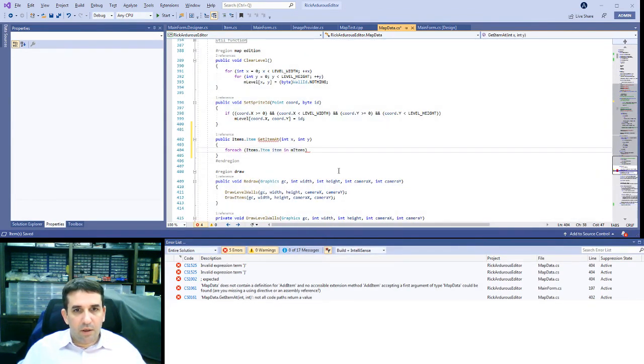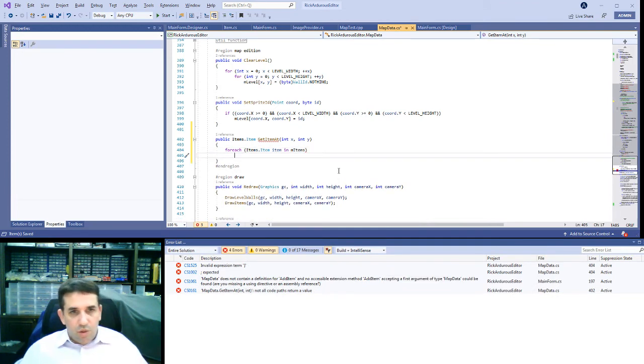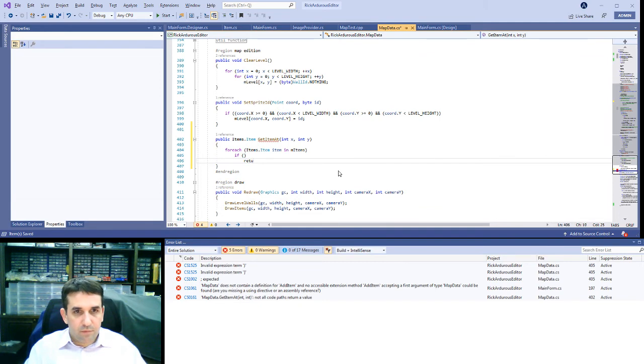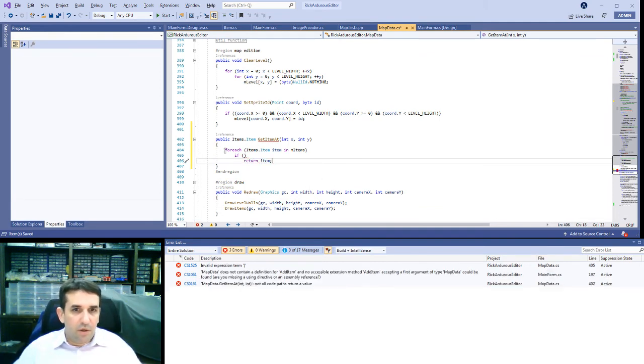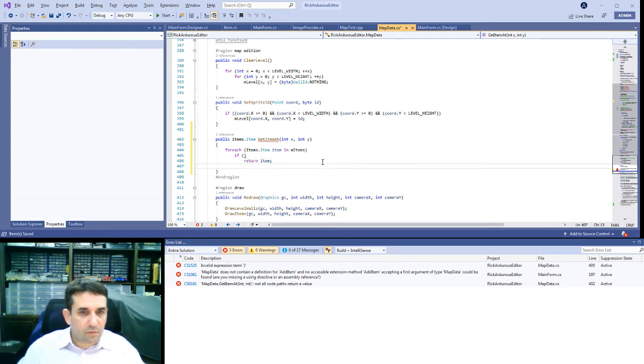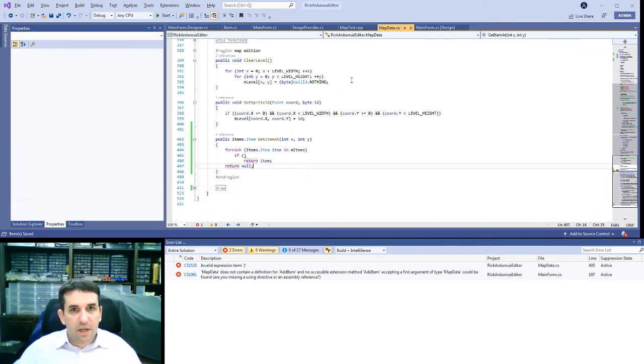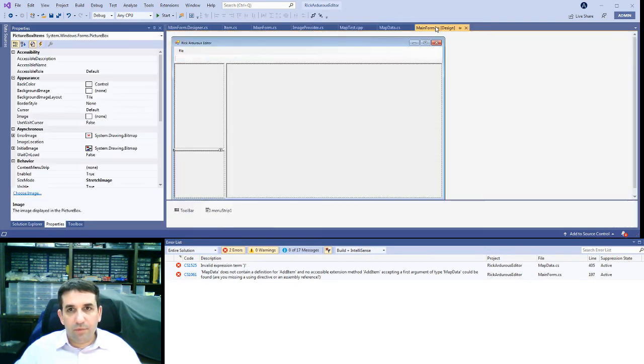Okay. If then we return the item. Else we will just return null. We need to write a function to check if it's inside. We'll do that later. Want to write now